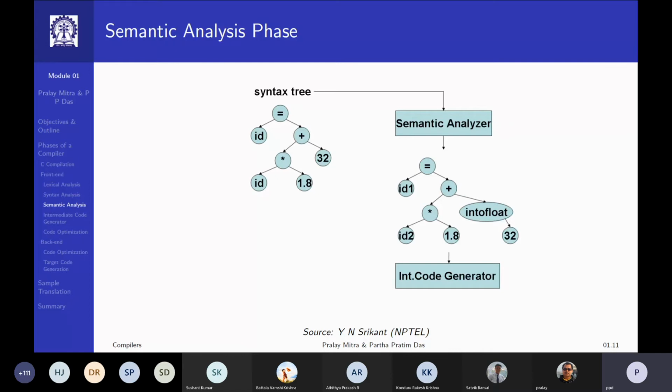So if instead of 32, your source code had written 32.0, you will not put this int to float operator. You would not need to do it. So this is what is meant by semantic analysis: structurally, many codes may be similar or the same, but what does it have to do with the meaning of the program?